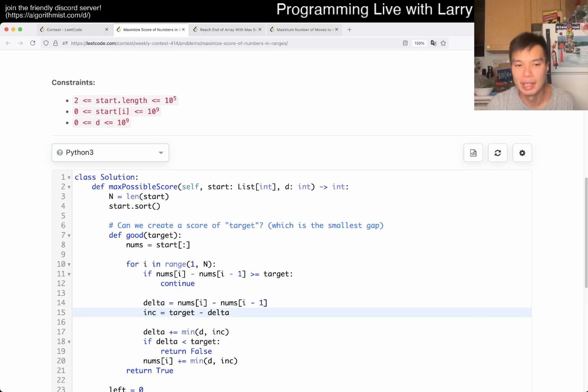So basically, we know that, for example, and you could say this in English, this is basically the gap between this number and the previous number. And if the gap